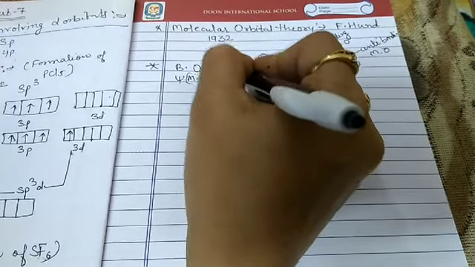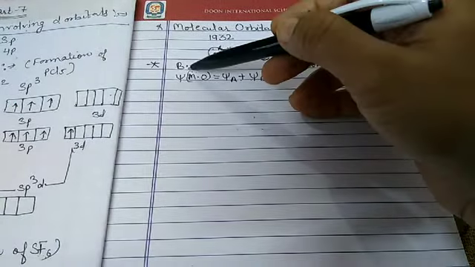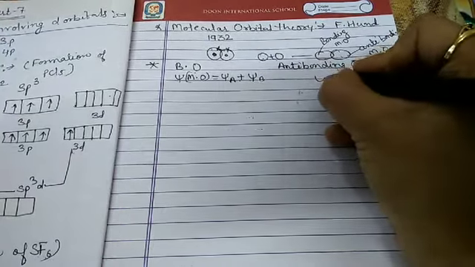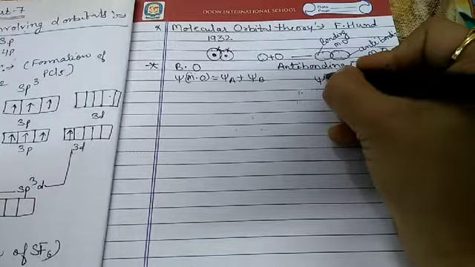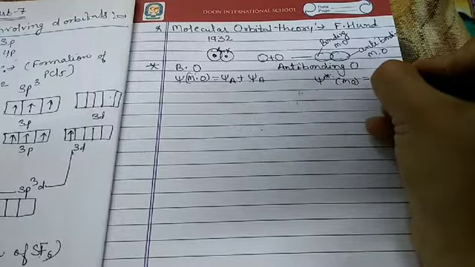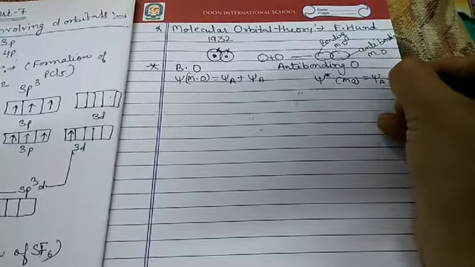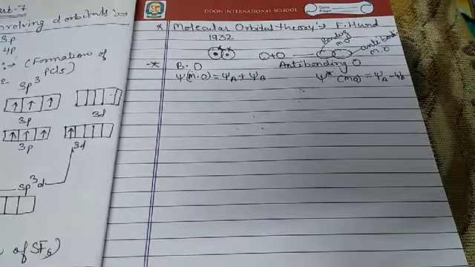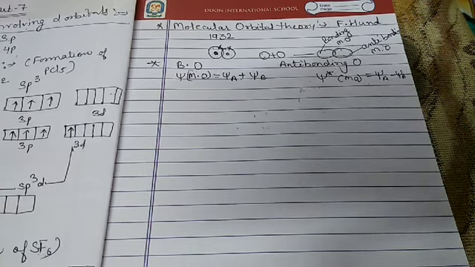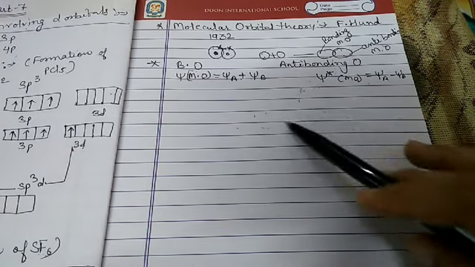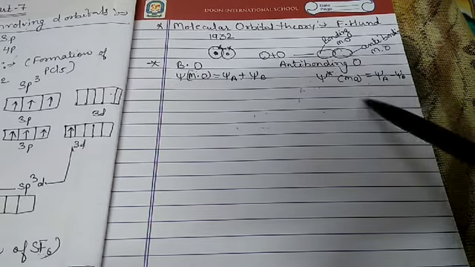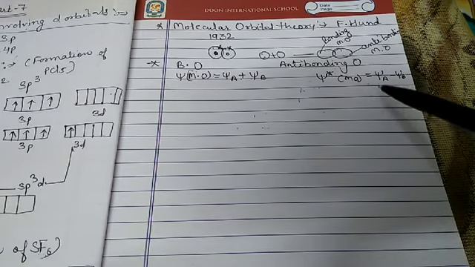So there should be the addition. Addition should be necessary for the formation of the bonding molecular orbital. And for the anti-bonding molecular orbital, this is shown by this one star, that is the molecular orbital. We have A minus B. So this is formed with the subtraction. So the anti-bonding molecular orbital is formed by the subtraction of the overlapping of the atomic orbital. So here the subtraction takes place.